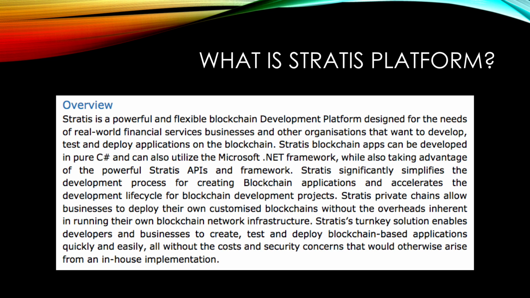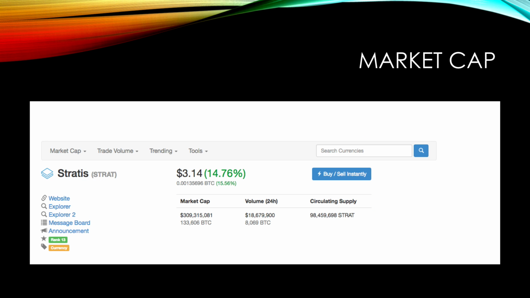If you watched my video yesterday, I talked about the major difference between Ethereum and Stratis. Stratis uses the C# programming language, whereas Ethereum uses Solidity. Solidity is a brand new programming language created by, I guess, Vitalik. Stratis uses C#, which is already a widely known programming language. I'm sure you're going to be able to read the overview and everything, so let's move over to the next stuff.